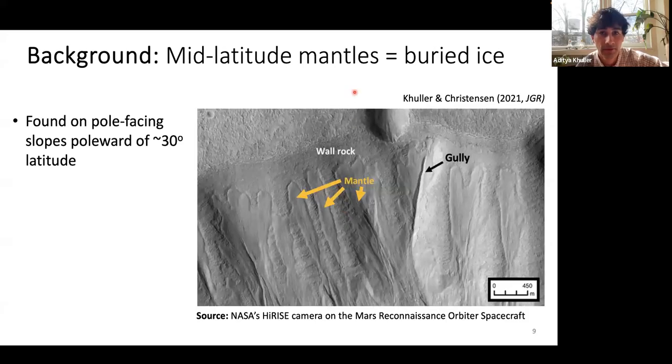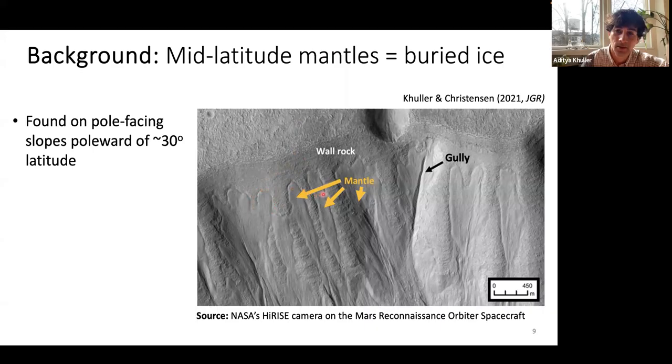Over the last few decades, people have been looking at images from Mars. And we're actually lucky because they flew a military camera to Mars, and it can see things the size of the table you're probably sitting at, about 25 centimeters per pixel. So here's an image from Mars at the red wavelengths, about 700 nanometers. It's a wall of a valley where you have wall rock and then these lobe-like features that people call